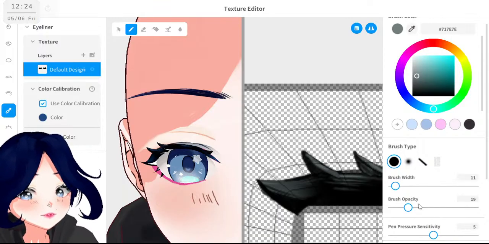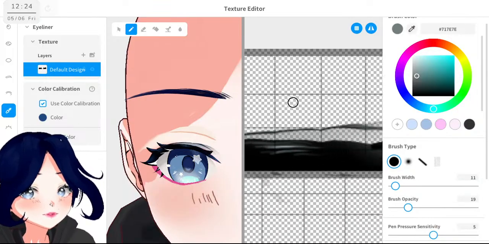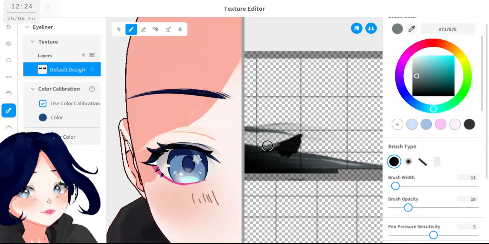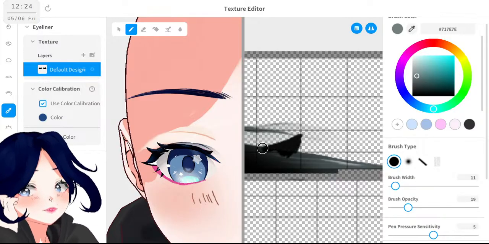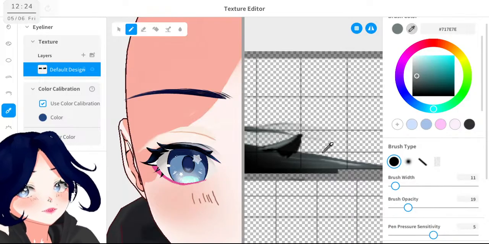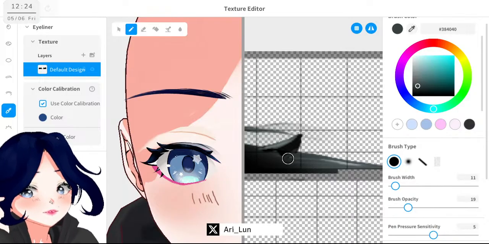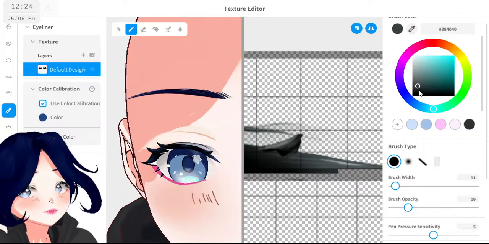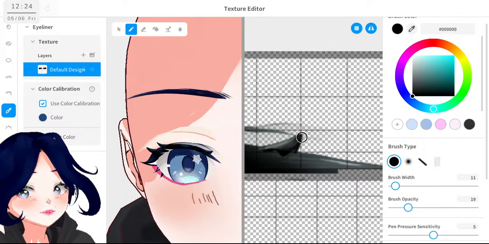And let's go at the start of the eye. These lashes. Now this one will be later here. And then let me color pick this middle tone. And the darkest part should be still around here.